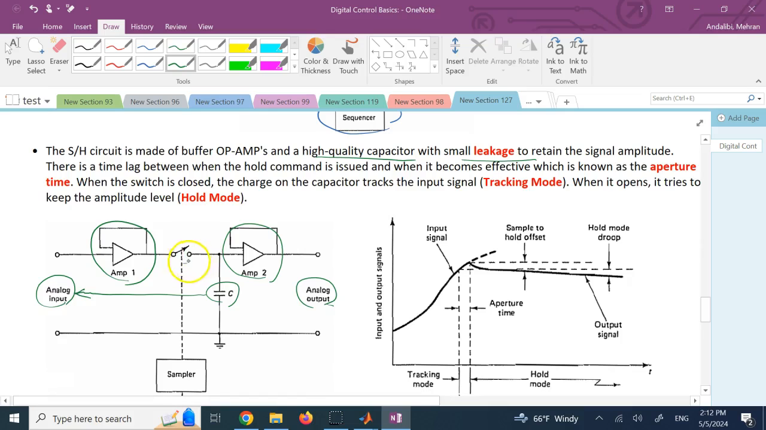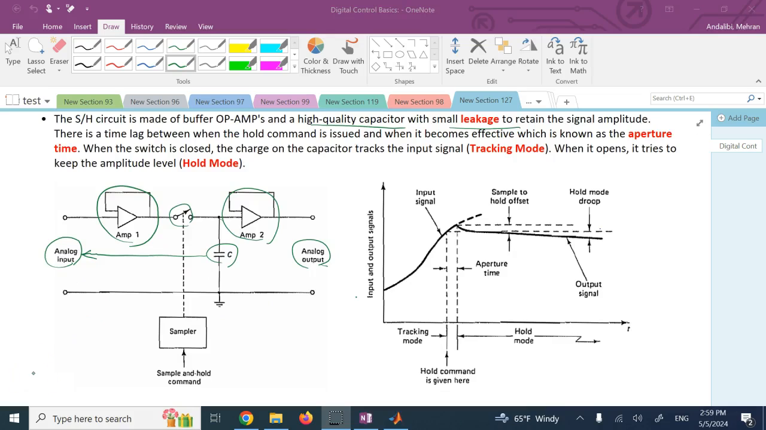So how does it work? First, you close the circuit. So now the capacitor circuit is closed. The voltage across the capacitor is trying to match the input voltage. So from initial condition, it starts going up like this until you order the opening of the circuit. But when you order it, that command is not going to be executed immediately, and there is a little bit of lag time known as what we call the aperture time,